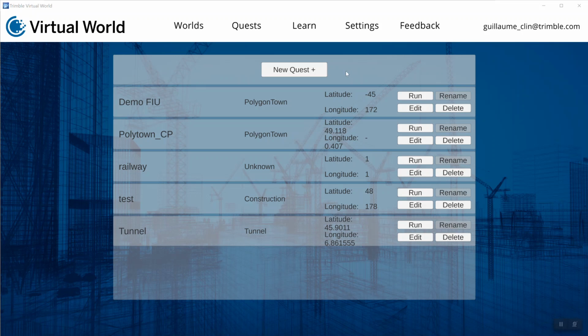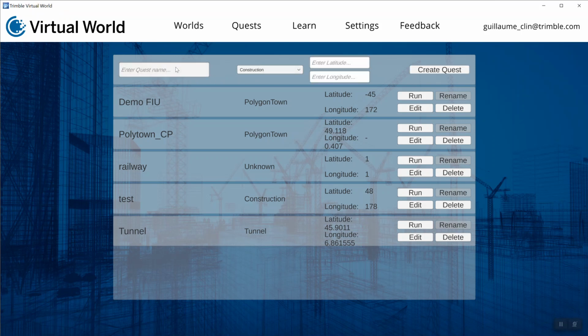Okay, welcome to another small tutorial or demonstration about how to create a quest. This one I'm going to focus on a quest for scanning, and after I think I will try to run the quest in another video just to show you. So to have something interesting, I'm going to do a scanning